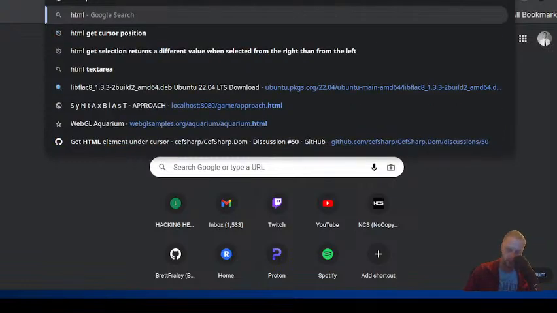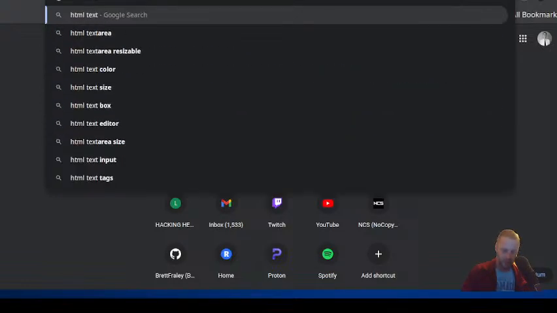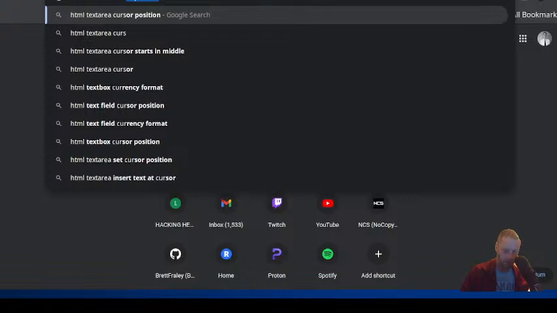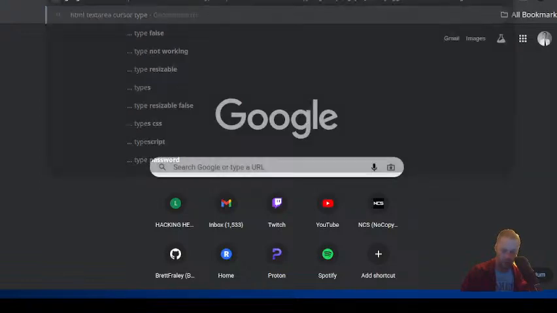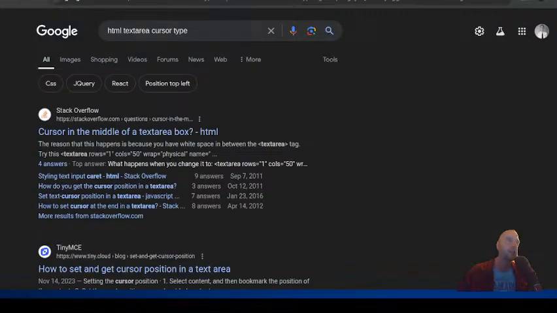HTML text area cursor type. I need to reset the YouTube stream so that I can actually not